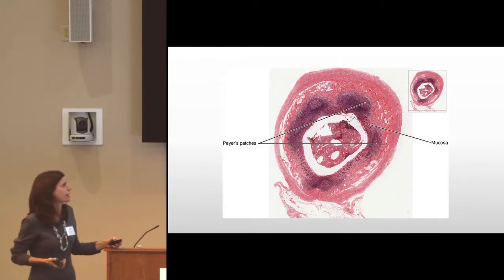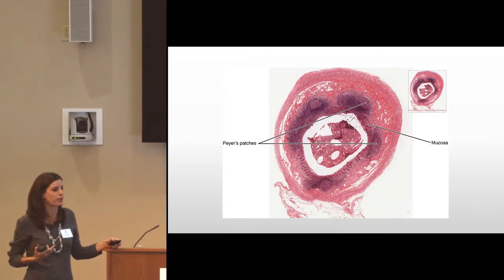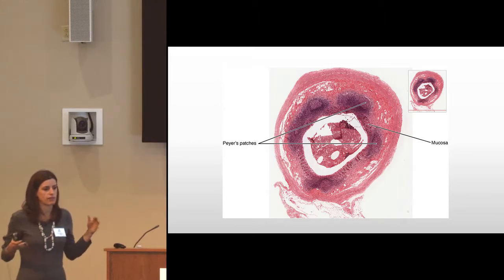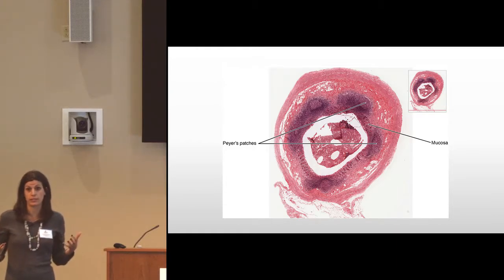So this is just, I love histology slides. I think they're so pretty. This is a slide of the tissue in your gut, and all that purple is your immune system in the gut. Okay, so not only is 70% of our immune system in the gut, but we need proper functioning of the gut so that we get the nutrients that we need for our body to function properly and to heal.